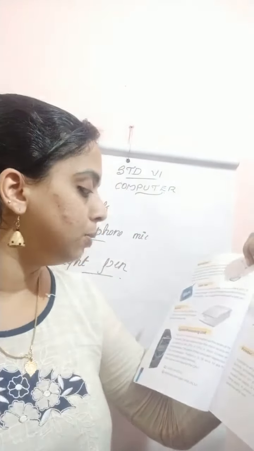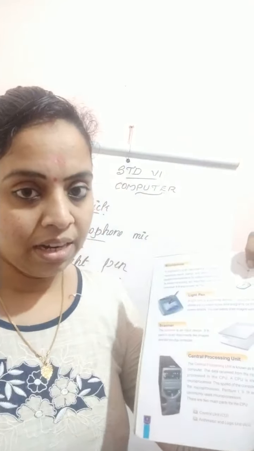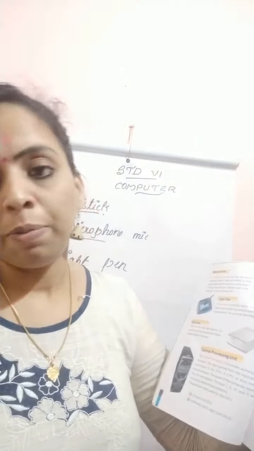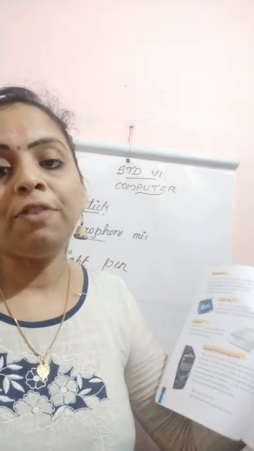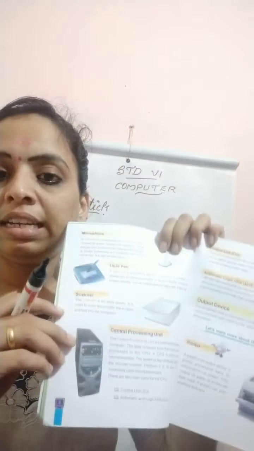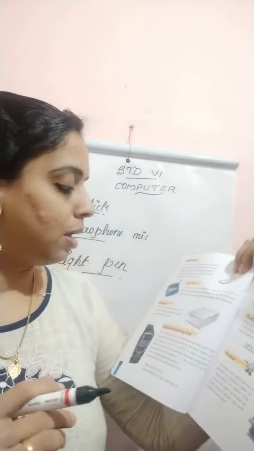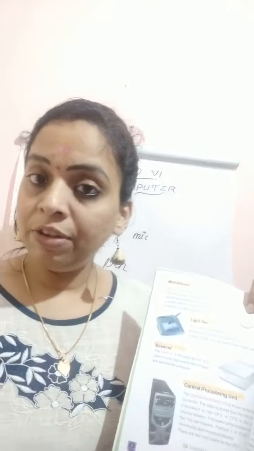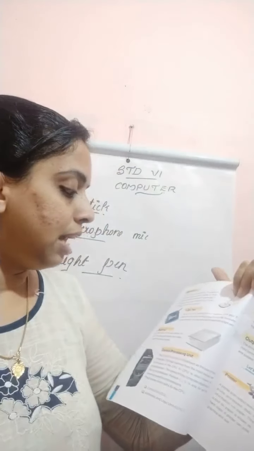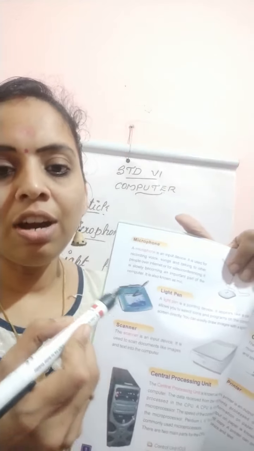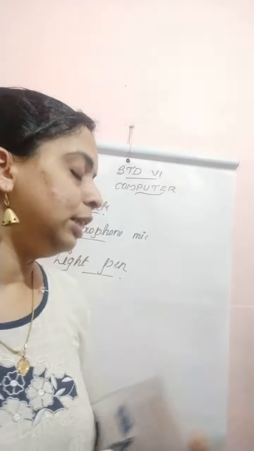Okay, so it is also an input device. Instead of mouse, we are using this light pen in a touch system to select any icons or programs on the computer. What functions a mouse can do, the light pen can also do. Okay, next see, we can draw images with a light pen also. Understood? Its image is given in your textbook. Which is the next one?